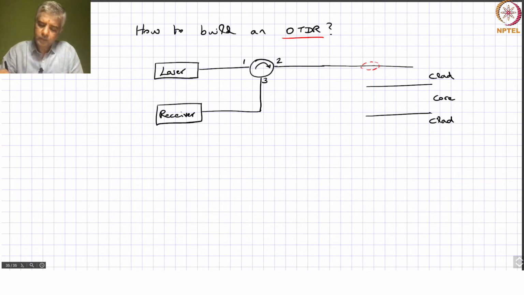The core, of course, has a higher refractive index than the cladding, and the light that's propagating in the core is sort of Gaussian shaped. That's the fundamental mode in the fiber. So let's say this is actually a single mode fiber to make things easier for us, right? That's going to be confined to the core, with maybe a little bit of it spilling over into the cladding region. And now what we see is, as it propagates down the fiber,